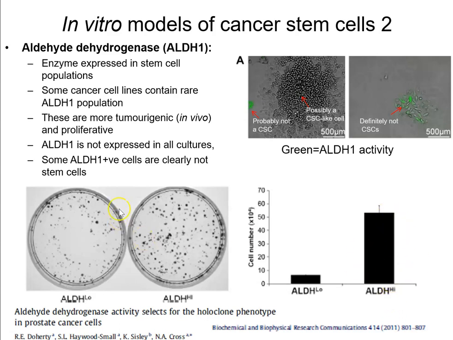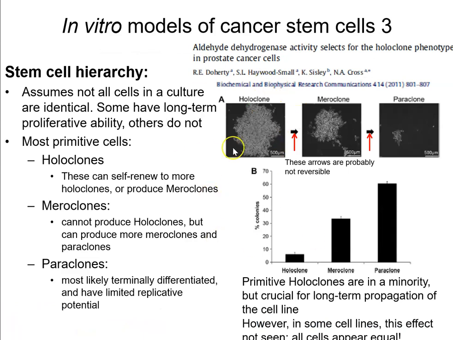Furthermore, it wasn't just cell numbers, but when we plated these ALDH high cells into 60mm cell culture dishes at clonal density, it gave rise to far more colonies than the ALDH negative cells, suggesting that they may well have a stem cell like or tumour initiating like population. And we refer to these cells as giving rise to the holoclone phenotype. Now, the holoclone phenotype, holoclones are, it's a terminology from stem cell biology. Holoclones are